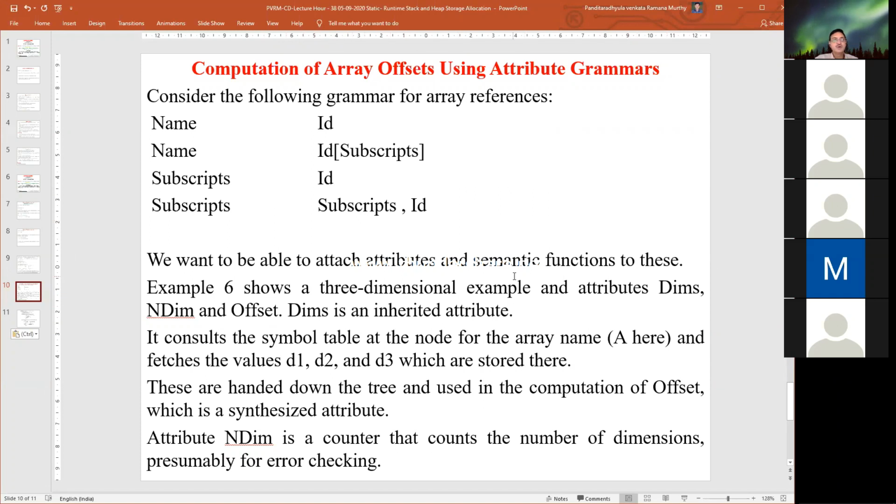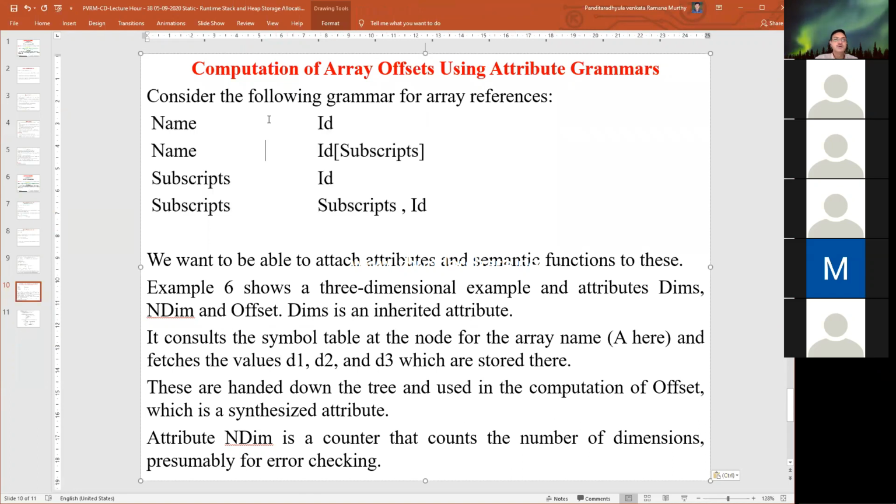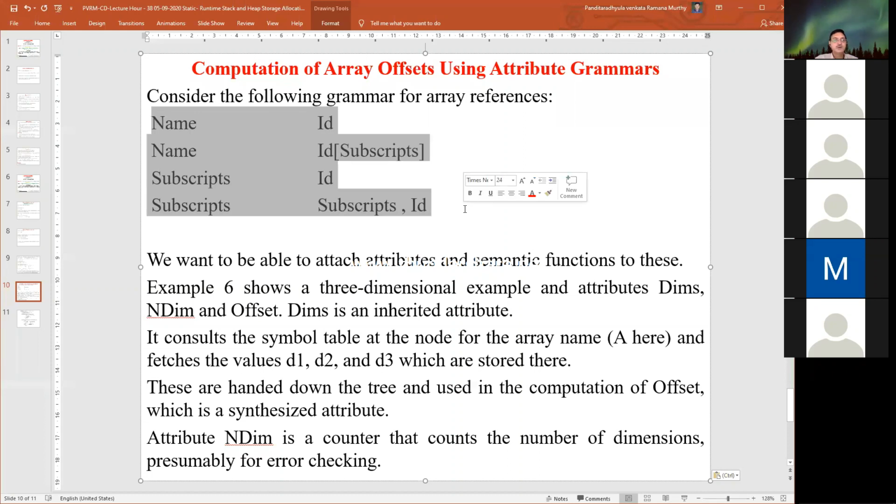In this example, the grammar indicates: name derives ID, name derives ID or subscript, subscript derives ID, subscript derives subscript and ID. The derives sign is missing here. Don't get confused, all these are nothing but productions.